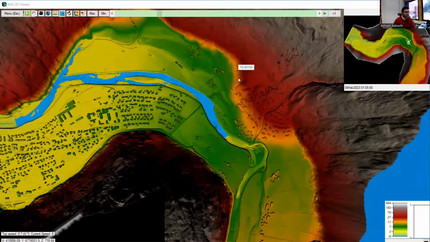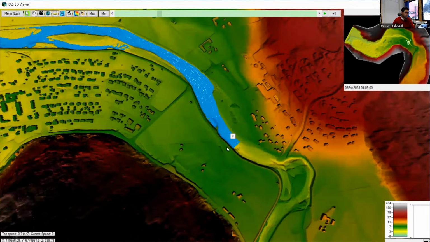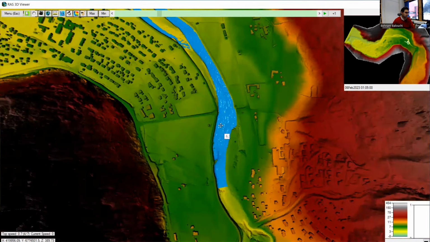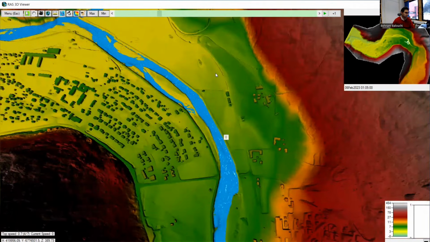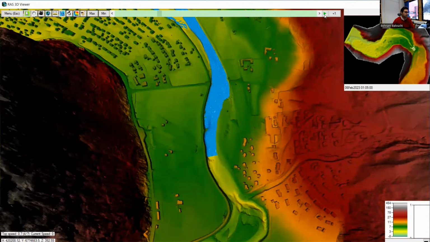So here in the 3D view, we should zoom a little. And then by right click, you can turn it. And I play it, and you can see